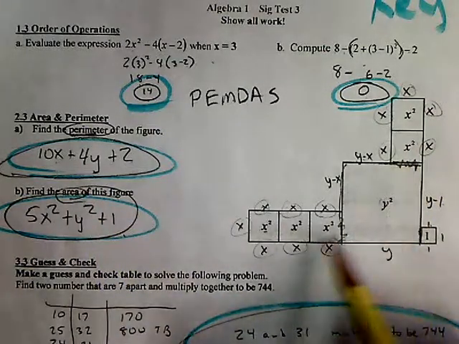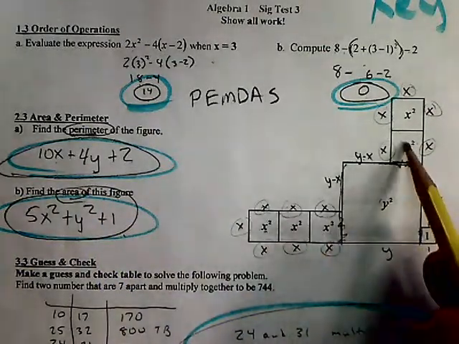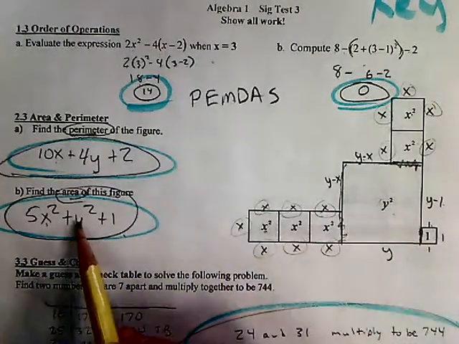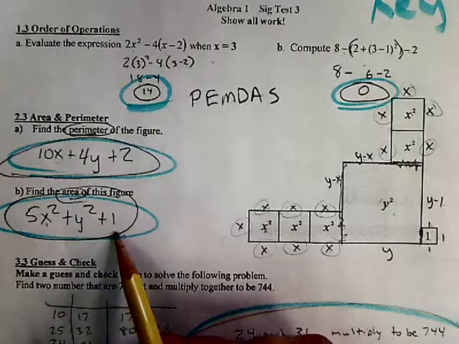Area is just what's inside. So I have 1, 2, 3, 4, 5 x squareds, 1 y squared, and 1,